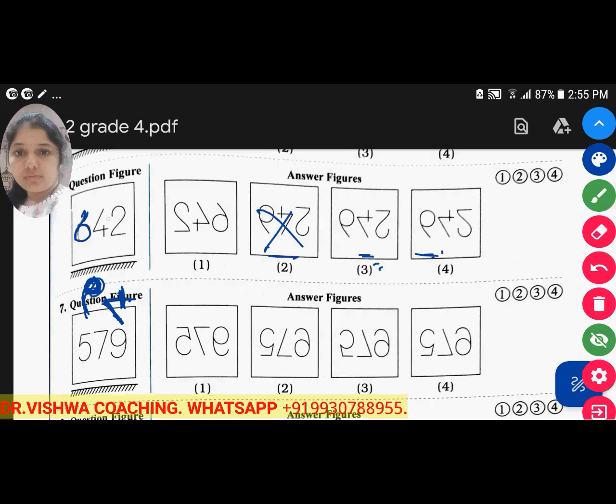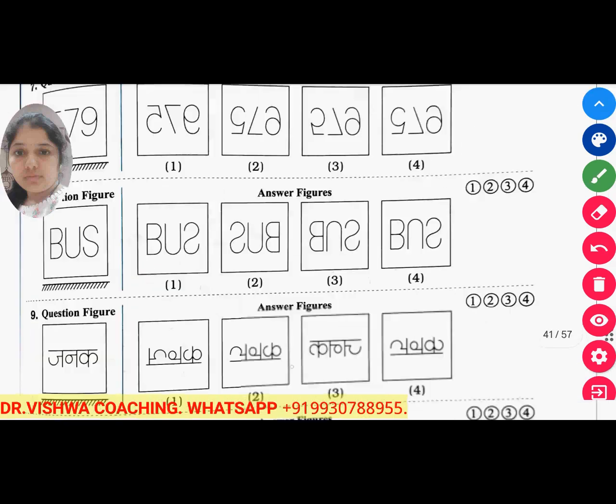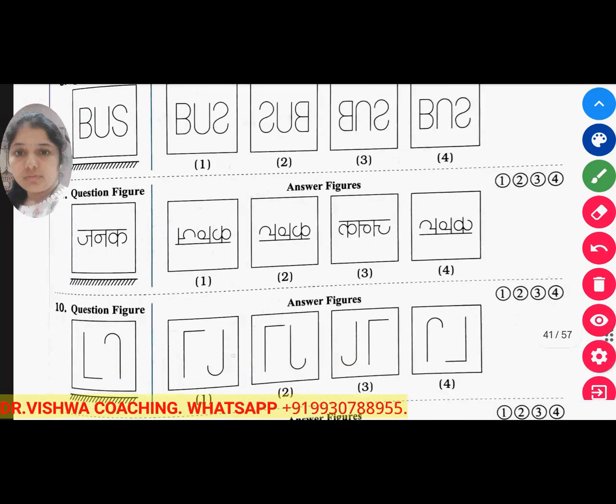Now out of these 2, you can see this 2 is facing towards 4. So in which option is 2 facing towards 4? In option number 4. See, 2 is facing 4. In this option 2 is in the opposite direction of 4. Here 2 is facing towards 4. So this is your correct option. Okay. So in this way you can solve the sums for alphabets,